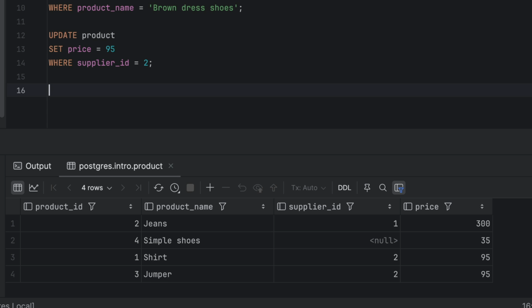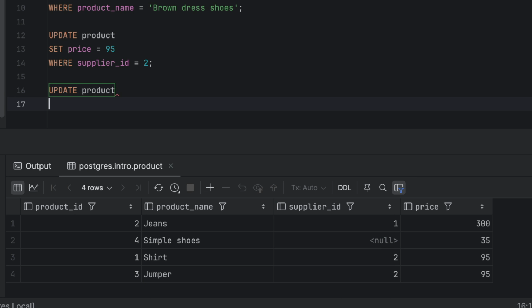Another handy thing we can do with the update statement is update a value based on an existing value. One example of this is applying a discount to a price. Let's say that we wanted to update our prices to reduce them by 20%, but only if the price is over 50. Each product will have a different price, so we could calculate each product's new price and write separate statements. However, there is an easier way. We can update data in a table based on an existing value. Let's see how we do this.